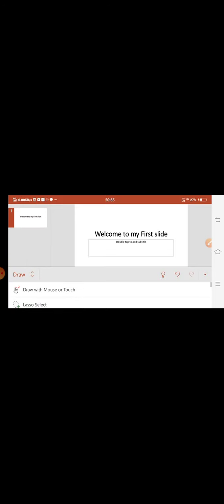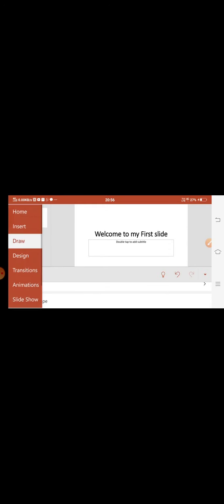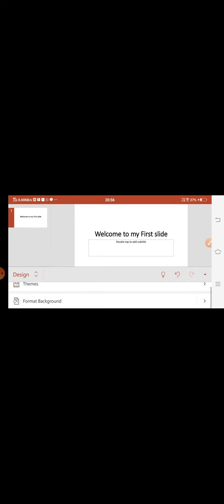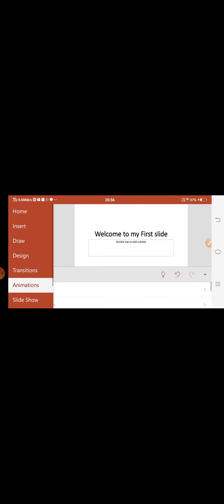In draw, with mouse or touch, then lasso select, then eraser, pen, highlighting, color, thickness, everything. Then in design, theme and background design is also there. Then transitions, animations, slideshow, review, everything.